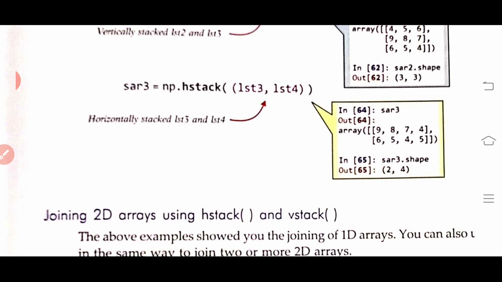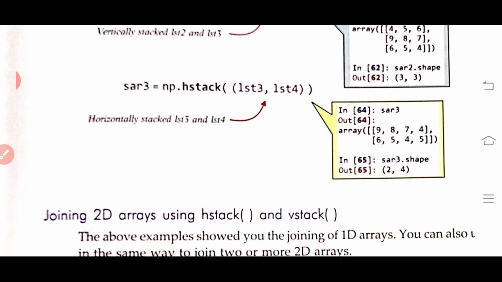Axis 1 is your horizontal axis and axis 0 is your vertical axis. Okay, correct it. So hstack will arrange horizontally the elements of LST4 after LST3. So the resultant array we can see in SAR3.